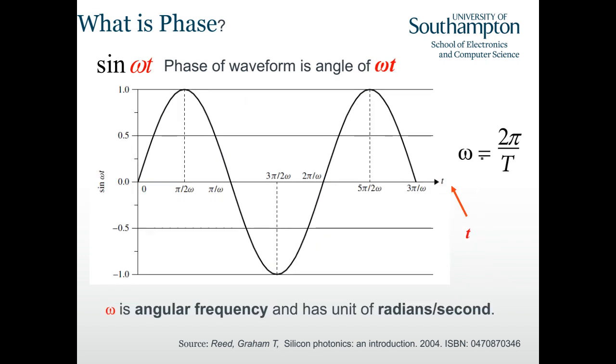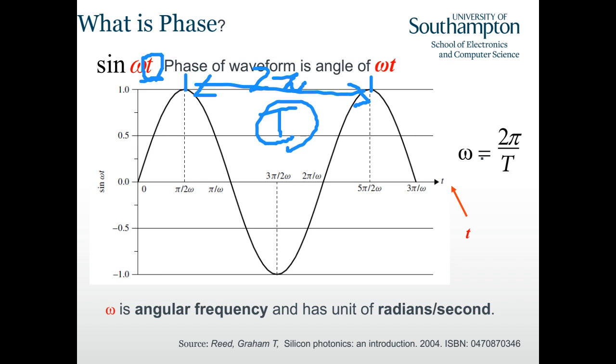And then we are interested in how a wave propagates over time. T here is a time variable. From peak to peak, we have also traveled 2 pi in angular domain, but it has taken us T seconds. So T is a period in the time domain. We have omega here, which is also called angular frequency. It tells us how fast the wave propagates over time.